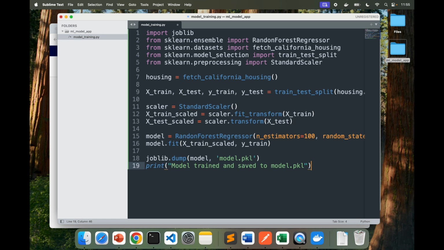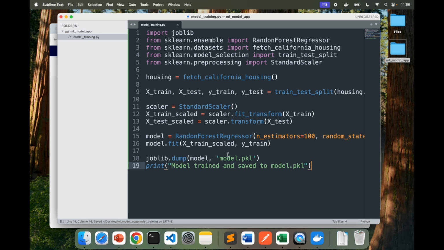Now, why save the model? After training the model, you may want to save it to disk so that you can reuse it later, for example, for making predictions without having to retrain it. This is useful when deploying models in production environments, and that's what we will be doing with this later. So model.pkl is a binary file that contains the serialized version of the trained model. It's also called a pickle file, pkl, and that's why the extension is pkl. Then finally we print a message indicating that the model has been successfully trained and saved to this file, just to give us an idea that it went through all these steps.